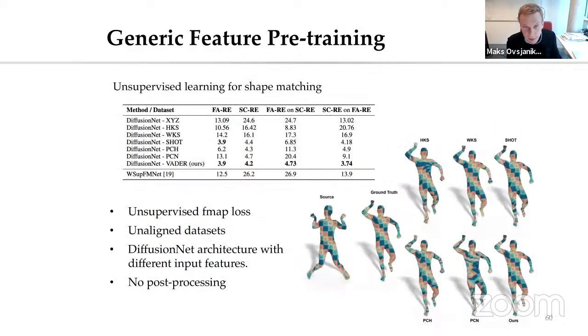And we also, so this is my last slide, we also applied this to unsupervised learning for shape correspondence. And basically by using these pre-trained features, because they are rotation invariant and are aware of local context, we can learn with an unsupervised loss, right? Previously, for deep functional maps, we needed a supervised loss. But now, because we have this built-in rotation invariance, we can apply an unsupervised loss. We have unaligned data sets, so they're not rigidly aligned in any way.